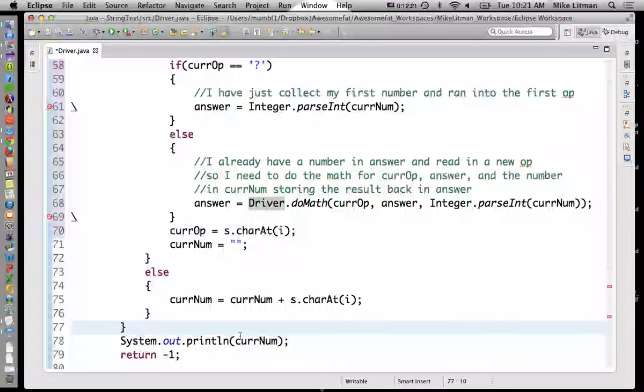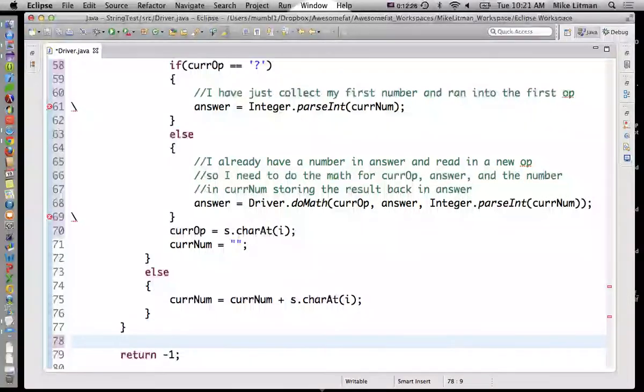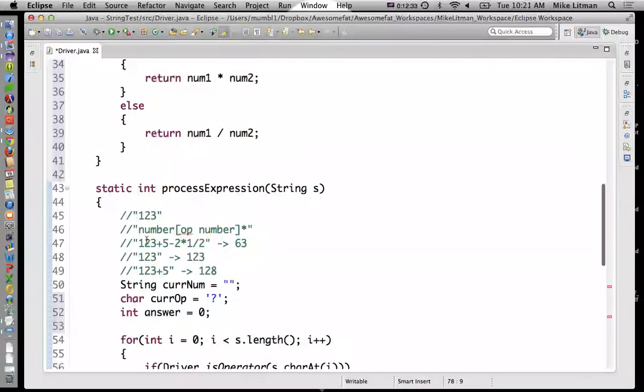All right, at the very end, I still have a number inside of kernum, right? I've collected it. If we're following this string up here, I read in 123 in the answer, then I overwrote the question mark with the plus sign, then I read in 5 with kernum, stored the result of that math as 128, then I read in the next operator, then I read in the 2 as kernum, took 128 minus 2 is 126, then I read the next operator, then I read in